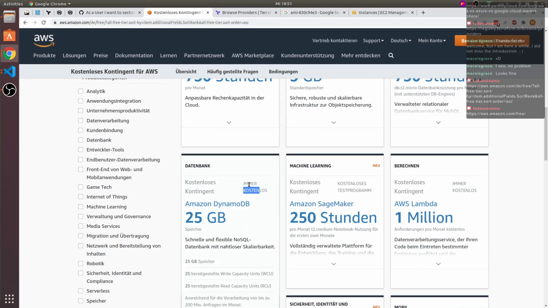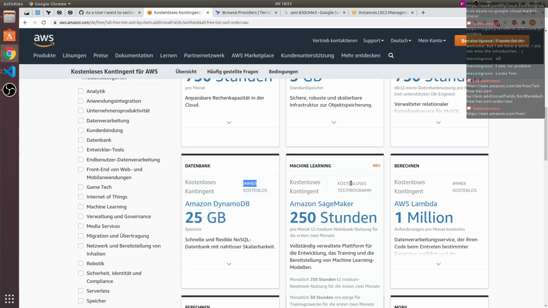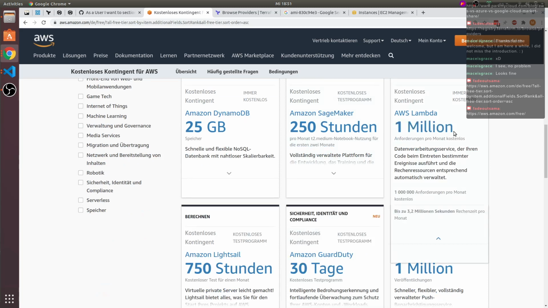DynamoDB is kostenlos forever. So immer is the German word for forever. And Lambda functions also get 1 million calls. Well, let's see, 1 million compute units for free.